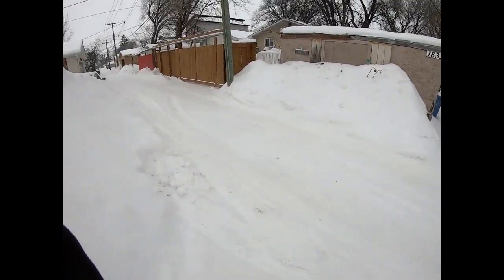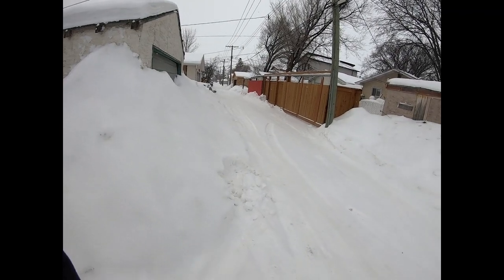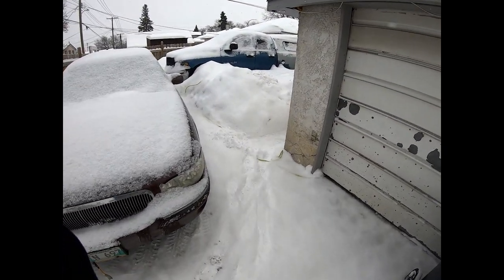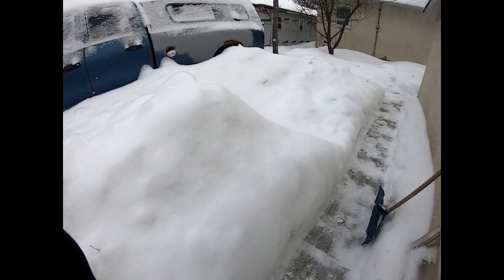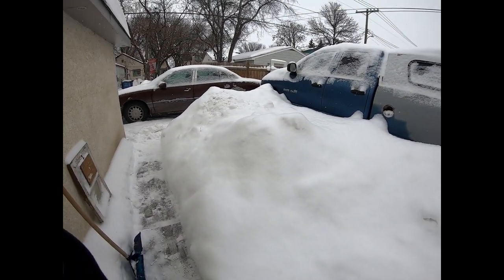it's located directly on the back lane, which isn't that big of an issue. There's maybe a car every couple hours, but still, that's just kind of weird. So I'm just gonna put it a little further in the backyard here. Yeah, so I'm just gonna start piling the snow up, and